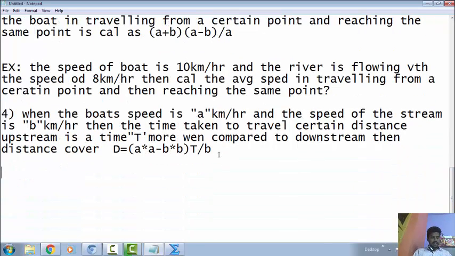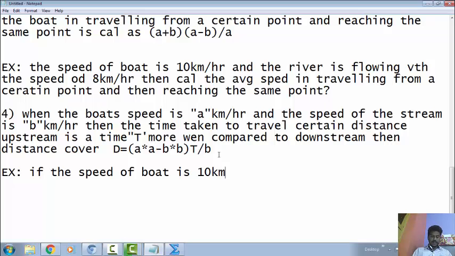Now I'll make it very much clear by using an example. Why? Because practicality will teach you much more things than theory. Now if the speed of boat is 10 kilometers per hour, the speed of boat is 10 kilometers per hour and